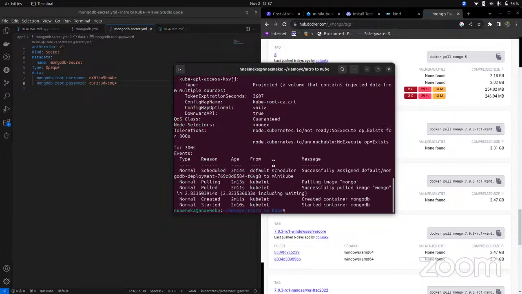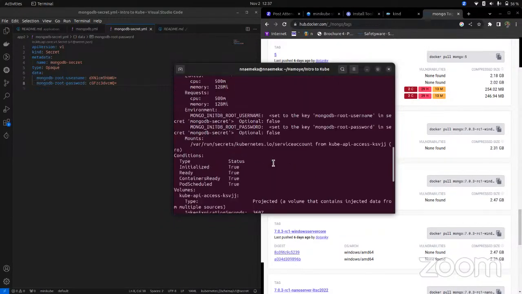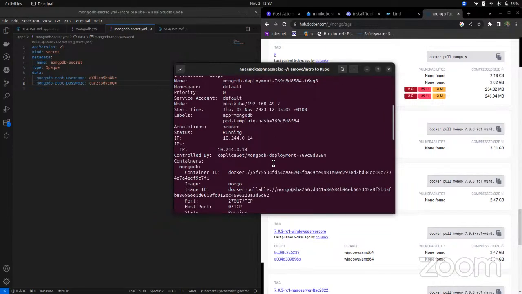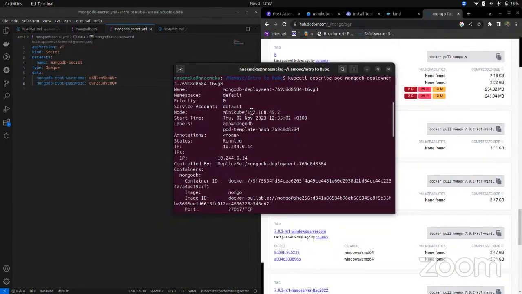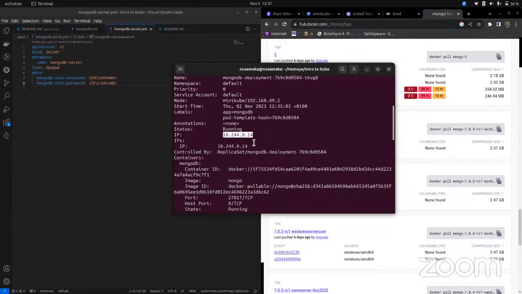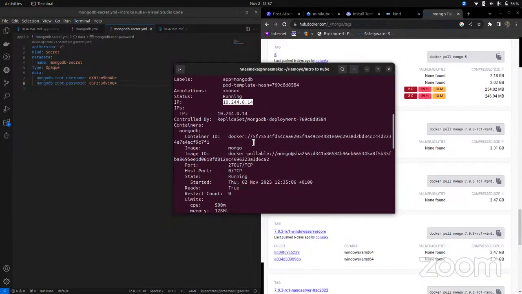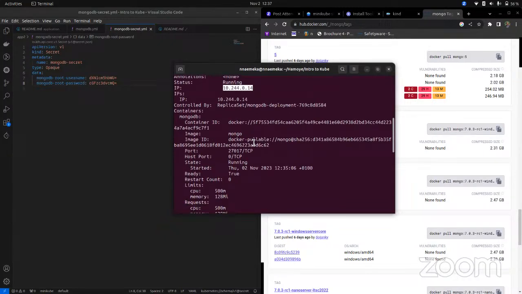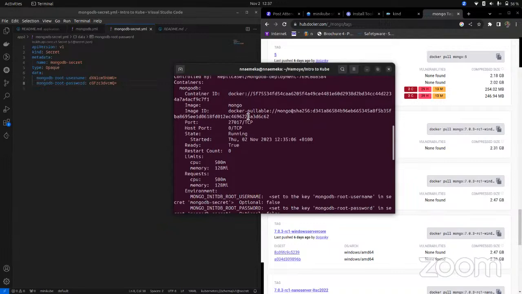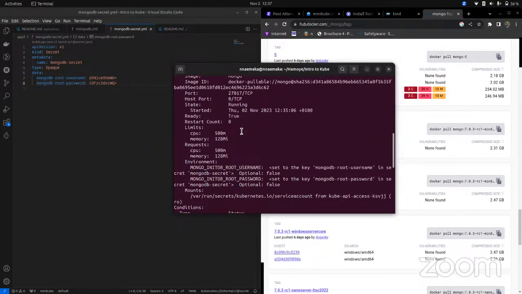And you get a long YAML file explaining a lot of things. This is the start time. Like I said, the label that we assigned it, app MongoDB, and the IP address for that particular pod. Every pod has an IP address. The container ID, the image name, the image ID, the ports it is working on, 27017, the limits,